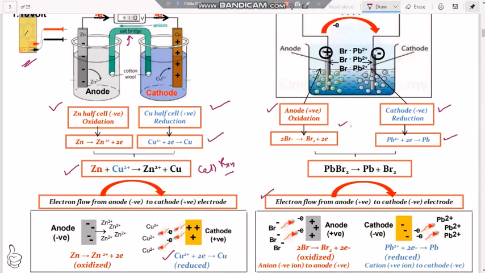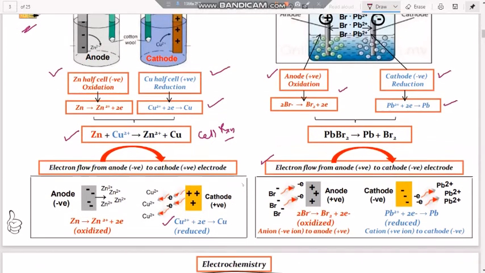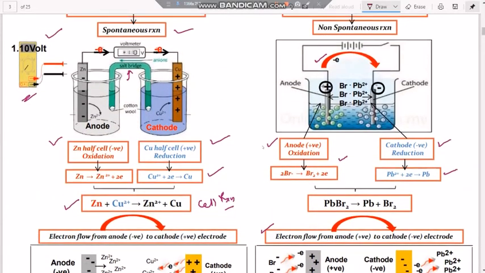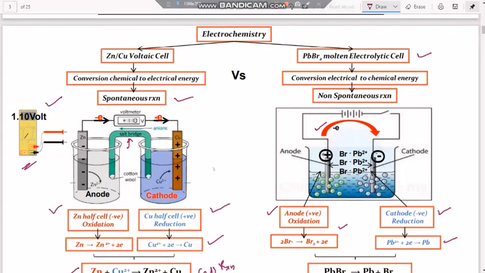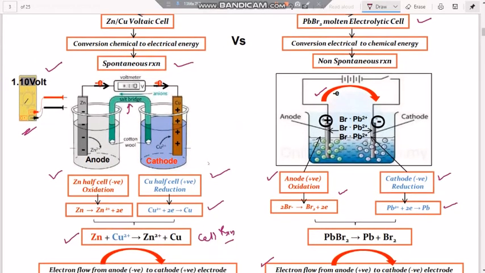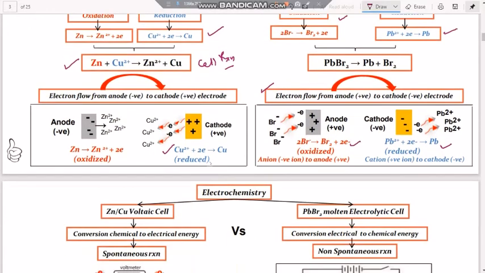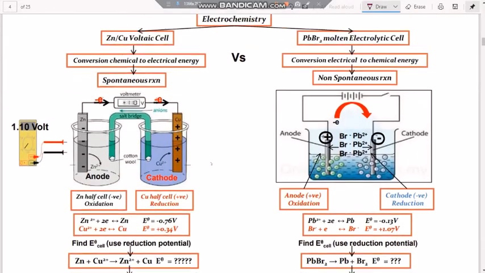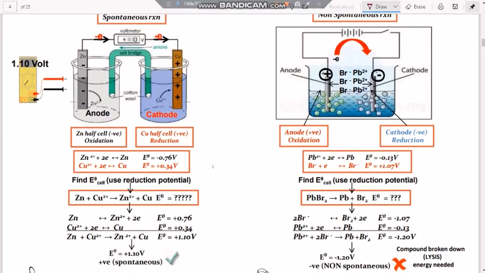So electron flow, we have shown with the red colored arrow mark, you can observe. It flows from anode to cathode as usual, like that in the voltaic cell. But Br minus is losing electrons at the anode, and lead is gaining electrons, which is shown. This is the most important schematic picture, the most important observation on the differences between the voltaic cell and the electrolytic cell. Let us observe the chemical reactions, how they give this phenomenon called the non-spontaneous and spontaneous process.